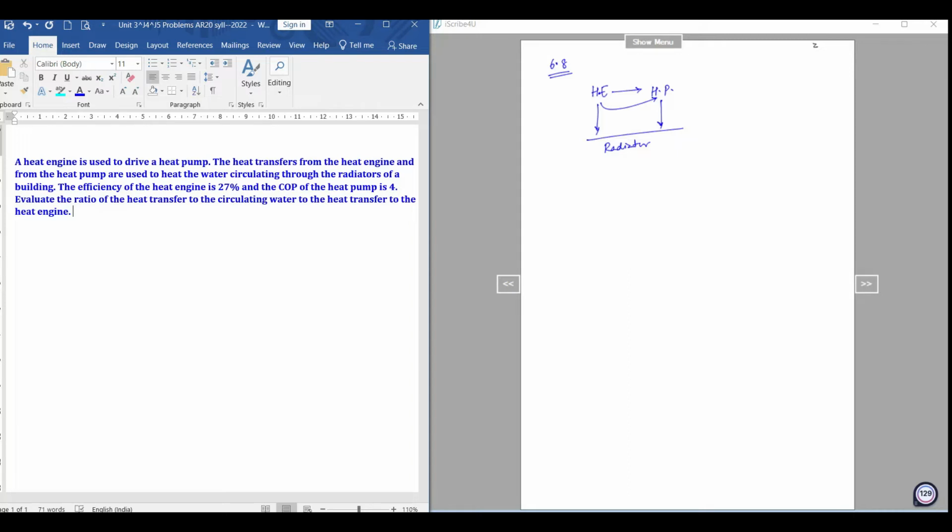So the efficiency of the heat engine is 25%. So efficiency of heat engine, this is 25%. I can write this as 0.25. And COP of heat pump is 4. Evaluate the ratio of heat transfer to circulating water,